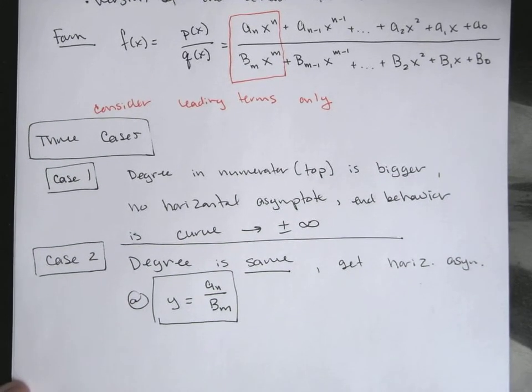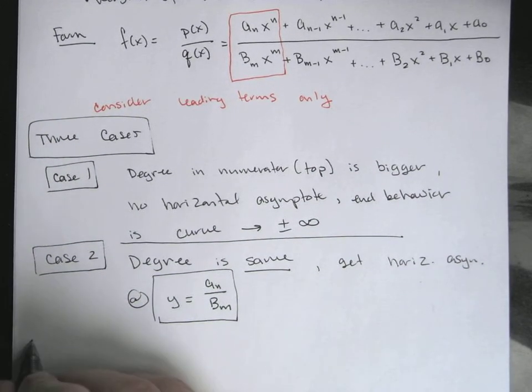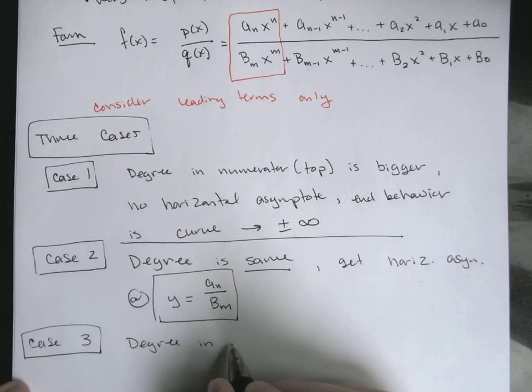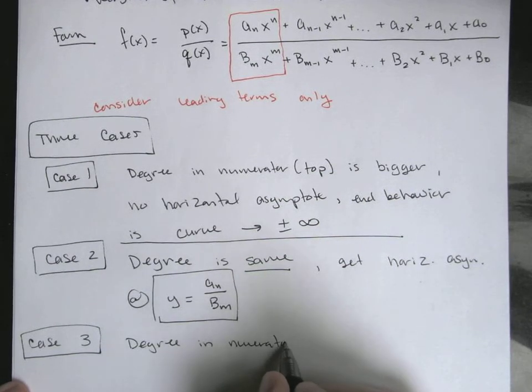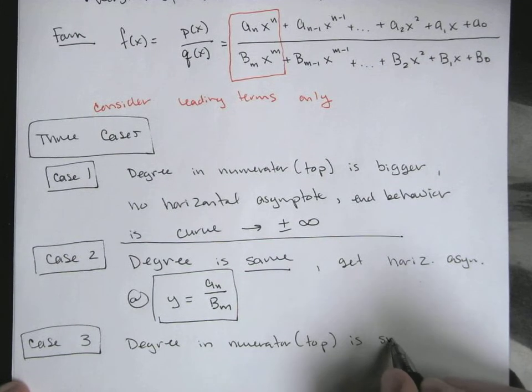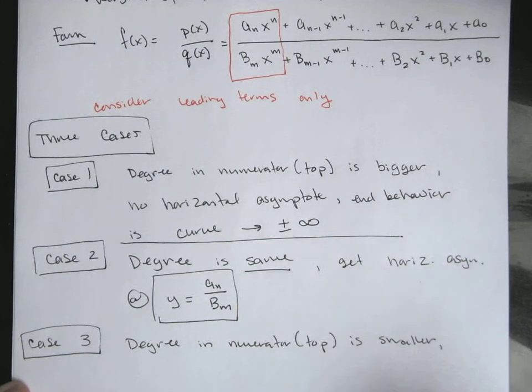Case number 3 is maybe the most clear, so we save our best for last here in some sense. That's if the degree in the numerator, which is our top value, is smaller. So if the degree up top is smaller, if we have an x cubed on top versus an x to the 4 or an x to the 5 on the bottom, what that means is as the numbers get bigger and bigger and bigger,